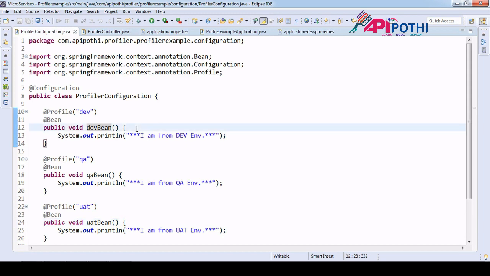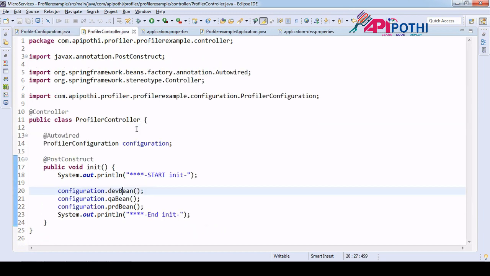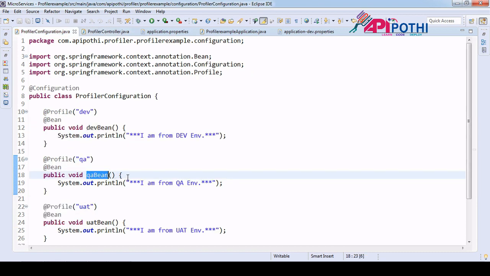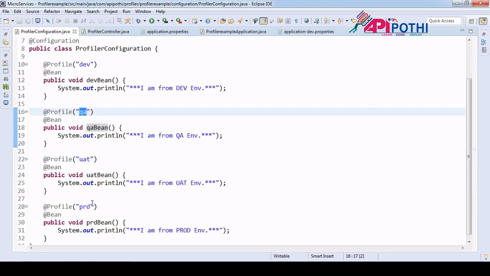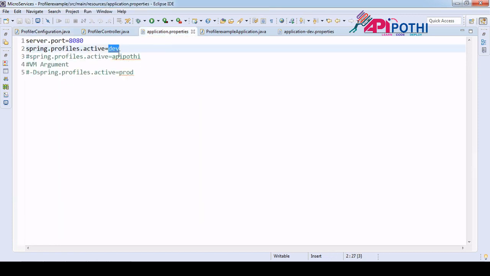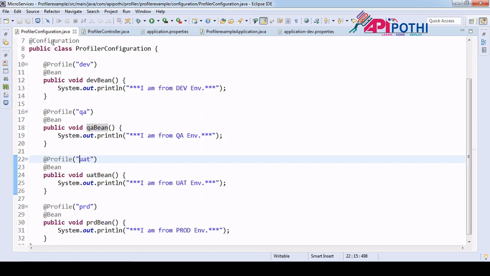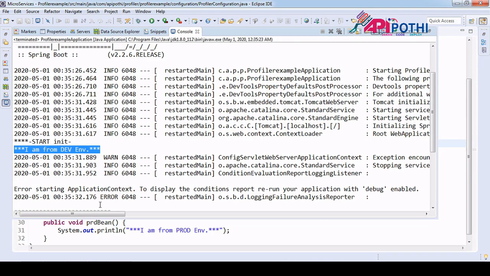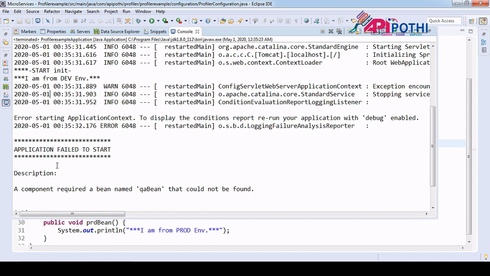Now after running this method, as soon as it comes out from here, it tries to run the QA bean. As soon as it goes for the QA bean, our profile is not allowing this to run as QA or for prod. The reason is, this profile is only enabled for dev. That is the reason only dev related code is running, and that is the reason we got the exception for the other method.